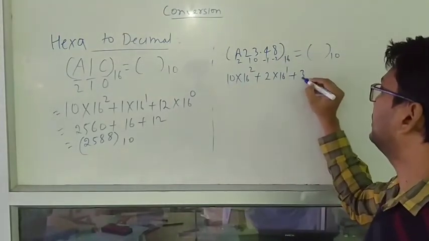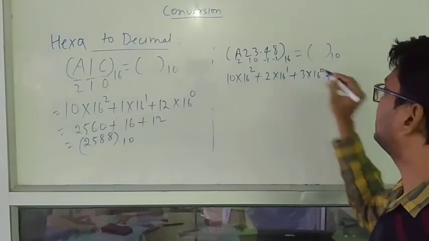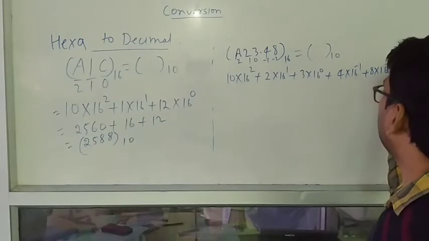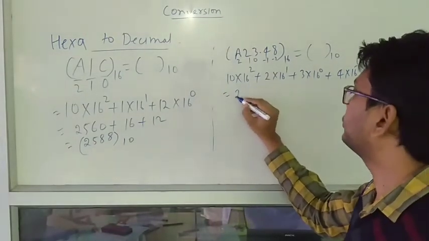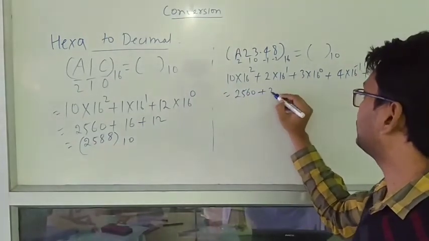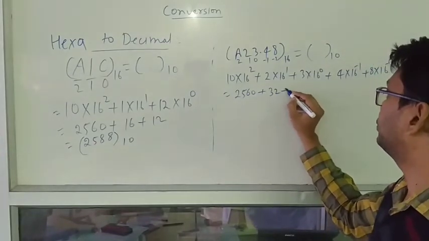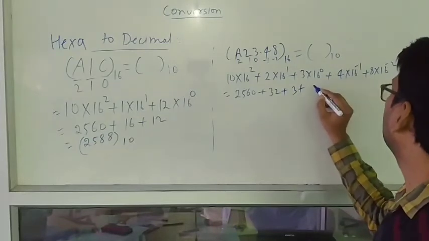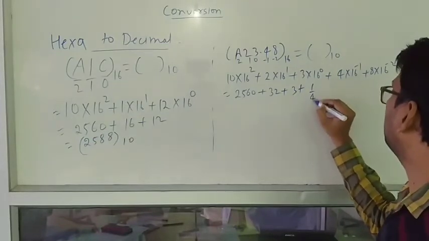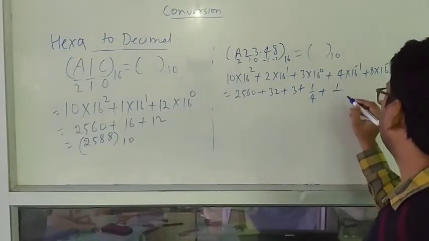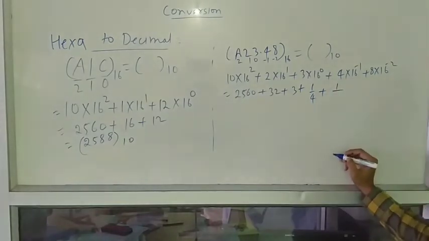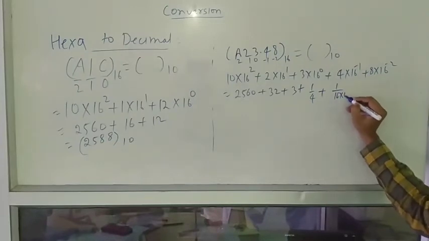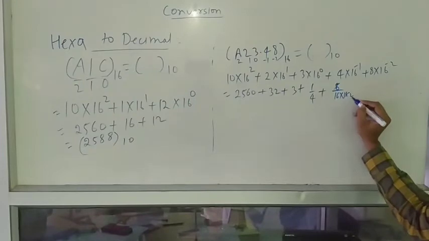Plus 3 into 16 to the power 0, then plus 4 into 16 to the power minus 1, then plus 8 into 16 to the power minus 2. Here we can say 256 times 10 is 2560, then 32 plus 3, and here we can write 4 by 16, which is 1 by 4, plus 8 by 16 into 16,